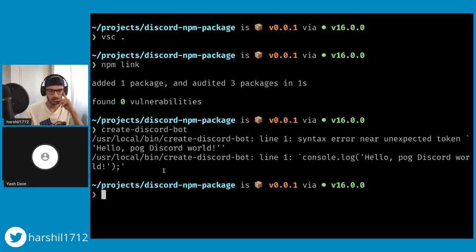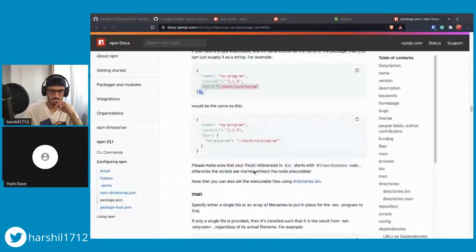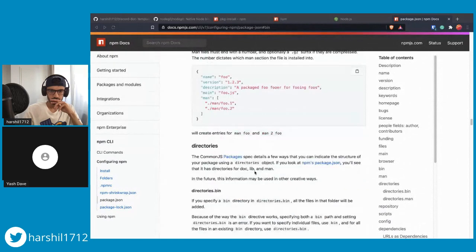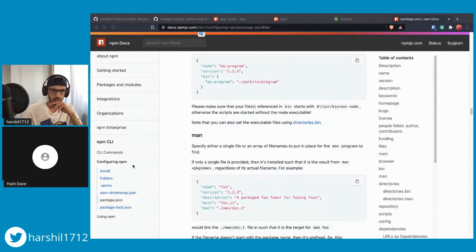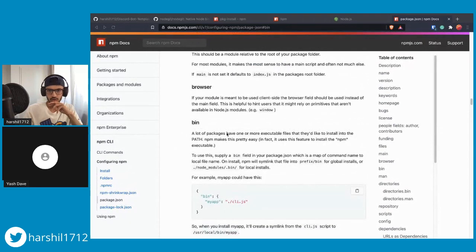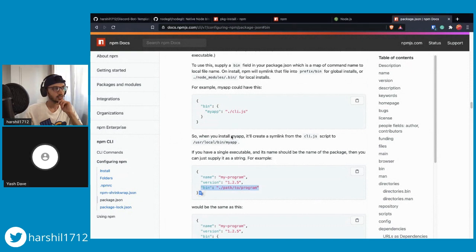Do we? I think we might want to export a function. I'm not sure. I don't think so. Wait, I don't see there is a requirement for that. npm CLI. We were talking about... Do we have any? So we missed a very important thing. No, we don't need the export. What we need actually is